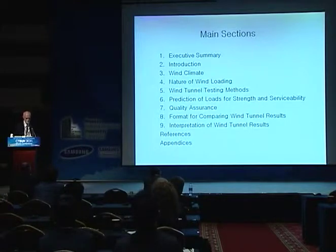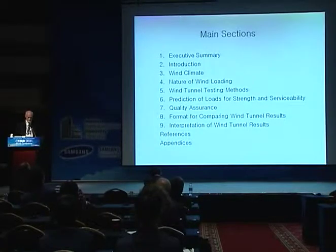So the main sections would be an executive summary, introduction, and we have to start with the wind climate for reasons I'll talk about a little later. We have to have an educational section, I think, on the nature of wind loading, which puts the rest of the standard in context. So we'll discuss things like vortex shedding and the different types of wind loading that you can get. Then there'll be a section on the different types of wind tunnel test methods,